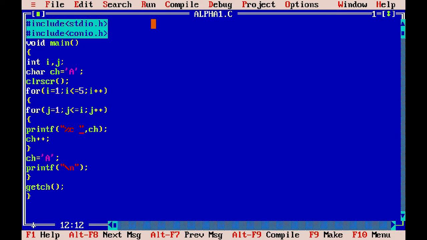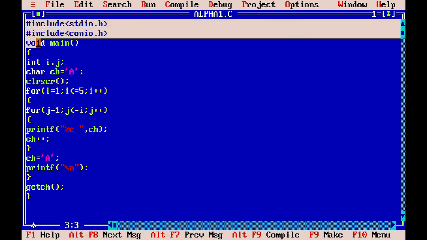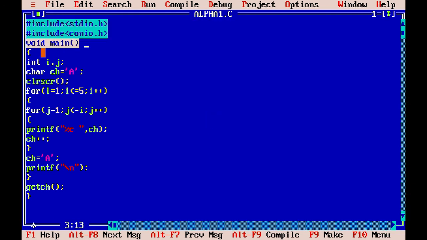So what is the process of running this code? Let's understand the logic. We have used our header files according to our main file. Program is started. We have used here the int data type, and we used two variables, i and j. i for the outer loop, j for the inner loop. The char data type we have taken here, and we used the ch variable. This one we have used for showing our alphabetic pattern display.